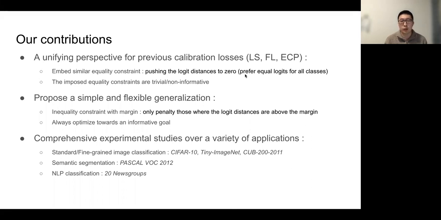In other words, they try to push the output logits for all classes to be equal. And we will reveal that these constraints are trivial or non-informative. Motivated by this finding, we propose a much simpler and flexible generalization, and it can give us a more reasonable optimization goal. And also we will show some comprehensive experimental studies over a variety of applications to evaluate our method.